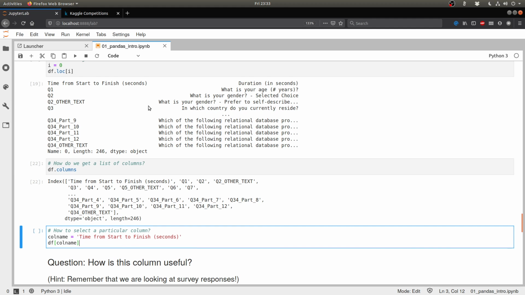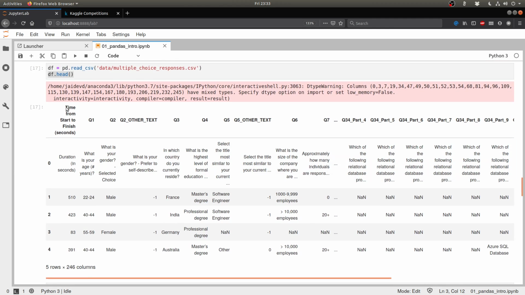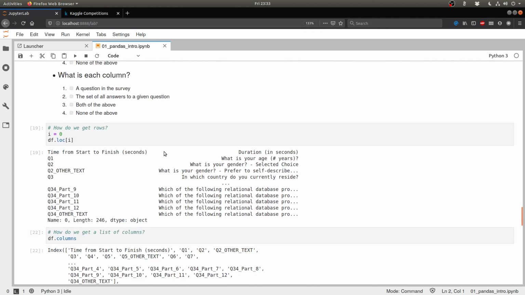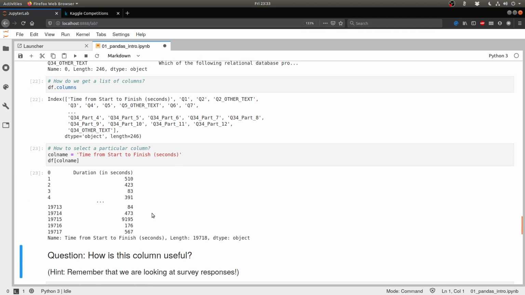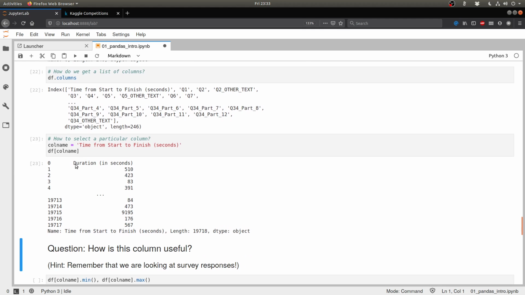So I put that string in a variable called col name, and I just access the col name from the data frame, and that's it. So I see that the 0th value is duration in seconds, the first value is 510, and so on, right? So basically that's the time that every participant took to finish the survey.